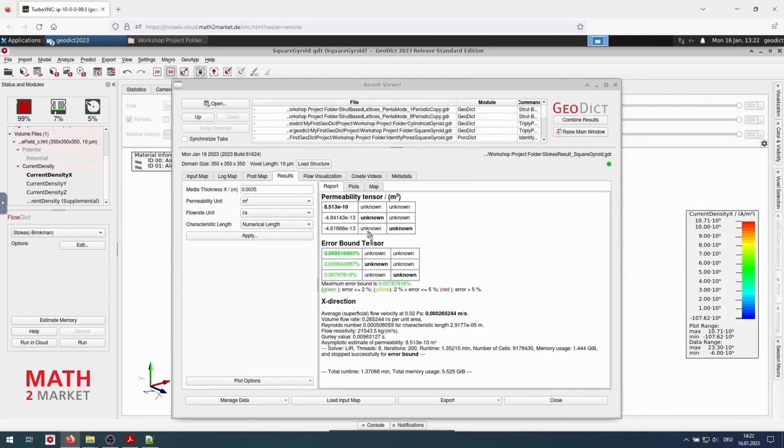As a result, we again obtain the permeability tensor, which does not feature the Y and Z direction. The permeability can be found in the first entry. We also get information on the average flow velocity, volume flow rate, Reynolds number, flow resistivity, Gurley value.